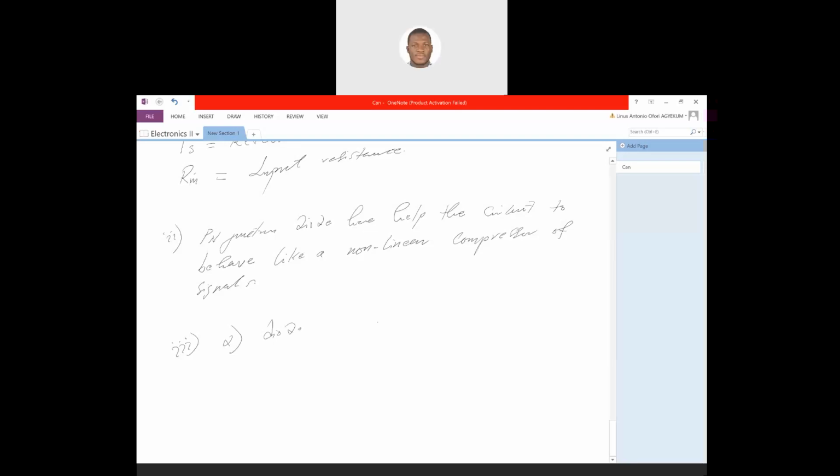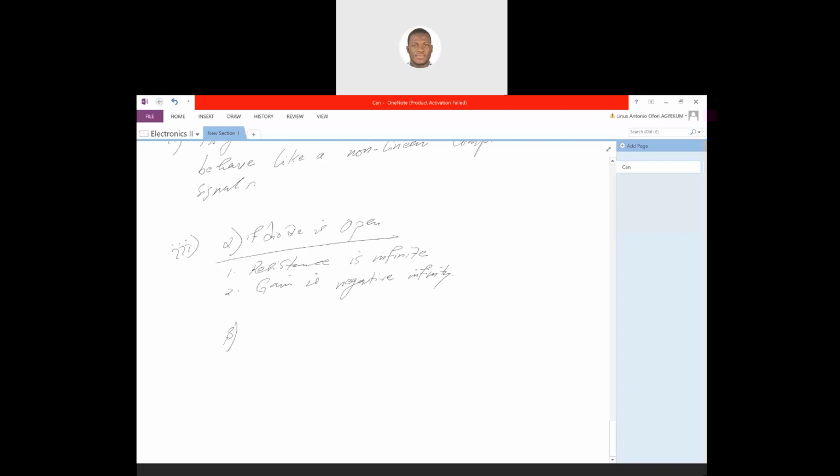So if the diode is open, what happens is that resistance is infinite, and hence because resistance is infinite, gain is negative infinity. Okay,